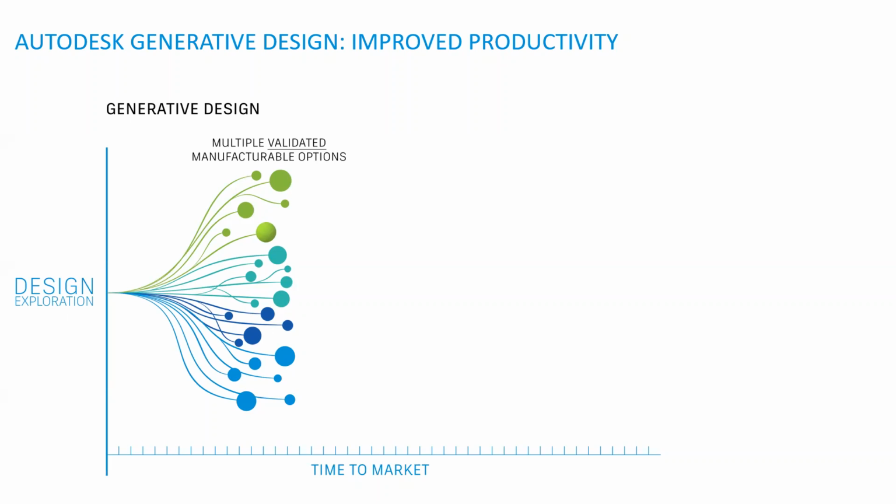I want to iterate that product and reduce at least 30% of its mass. I want to increase the stiffness, or you can say strength, of that product. I also want to make that product sustainable, and I also want to control the cost. So I have a lot of parameters to control. How can we control that? Because if you see a single designer, how many iterations can a single designer do in a single day? It takes a lot of time to do the iterations according to the requirement.